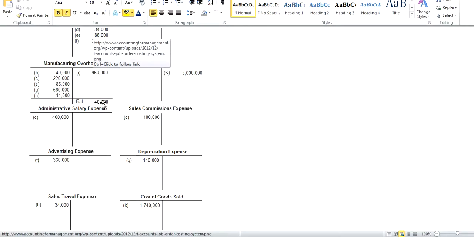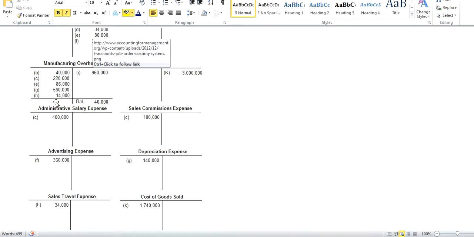What this means is we actually applied too much. So we applied $960,000 for manufacturing overhead, but we actually came in at $920,000. So we have a $40,000 credit balance that we need to eliminate because this needs to be closed out to zero. And we do that by debiting